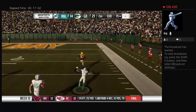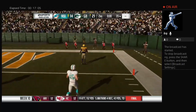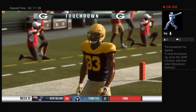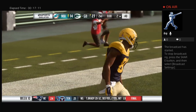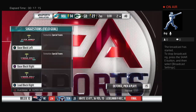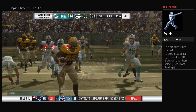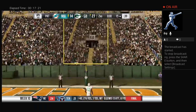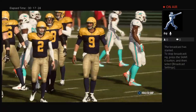Accelerating, and off he goes. And he takes it the distance. No time remaining. No cloth on the field. Yeah, no flags, and it's a kickoff return to end the first half. I know a lot of special teams coaches, they just want to keep it away from him because that's what he can do. And others have...